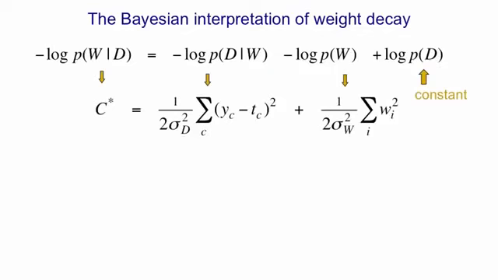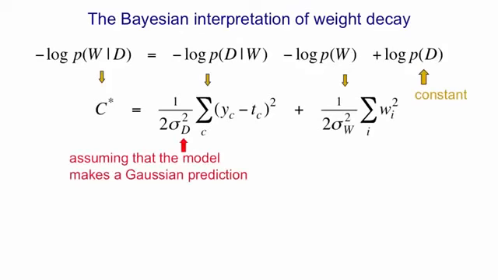The cost function is derived from the log probability of the data given the weights. If we assume Gaussian noise is added to the output of the model to make the prediction, then that log probability is the squared distance between the output of the net and the target value, scaled by twice the variance of that Gaussian noise. Similarly, if we assume we have a Gaussian prior for the weights, the log probability of a weight under the prior is the squared value of that weight, scaled by twice the variance of the Gaussian prior.